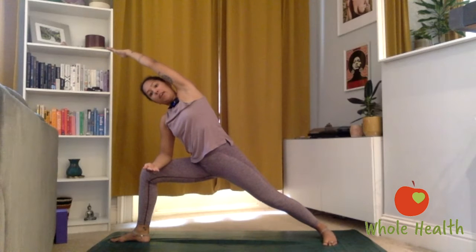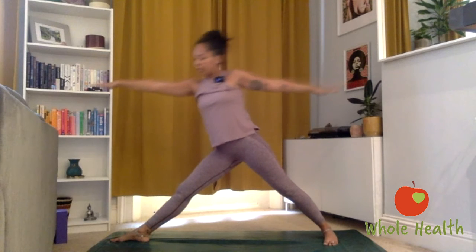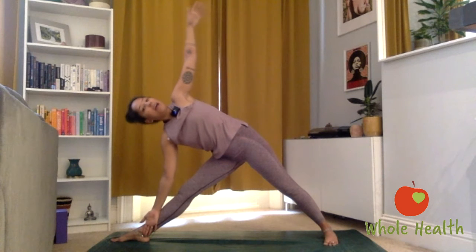Deeper breath in. Deeper breath out. Lovely. Inhale, bring yourself all the way back up. Straighten the legs. Reaching forwards, forwards, forwards. Bring the right hand either to rest on the shin or the inside of the leg. And left arm is up towards the sky into triangle